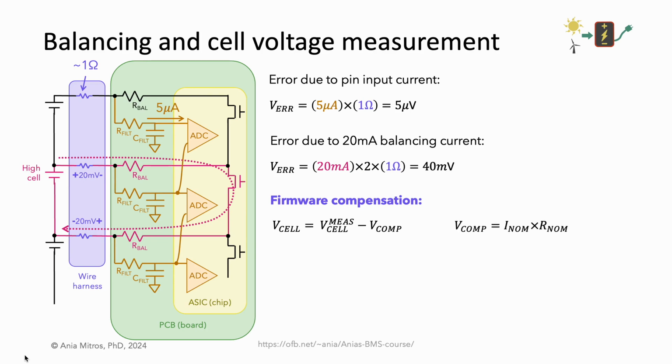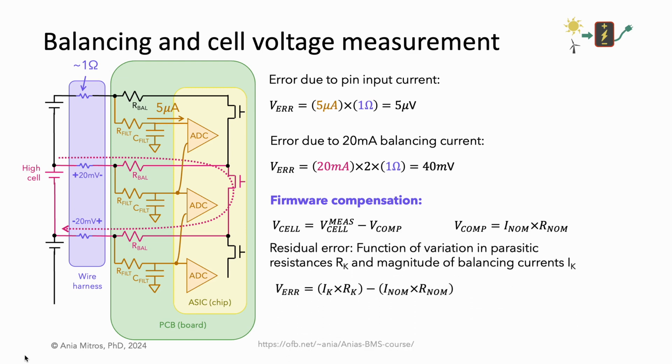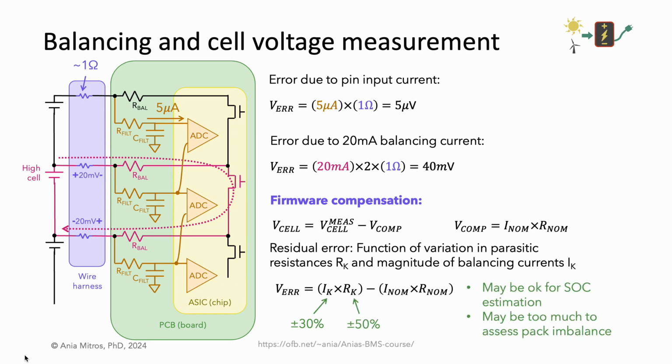The compensation voltage Vcomp in this equation would equal the nominal balancing current times the nominal parasitic resistance between the chip and cell. The residual error will be a function of the variation in wire harness impedances and the magnitude of balancing currents. You can and should characterize this variation for a specific design, but I might guess that balance currents may vary by 30% due to temperature and component variation and aging, and parasitic resistances may vary by 50%